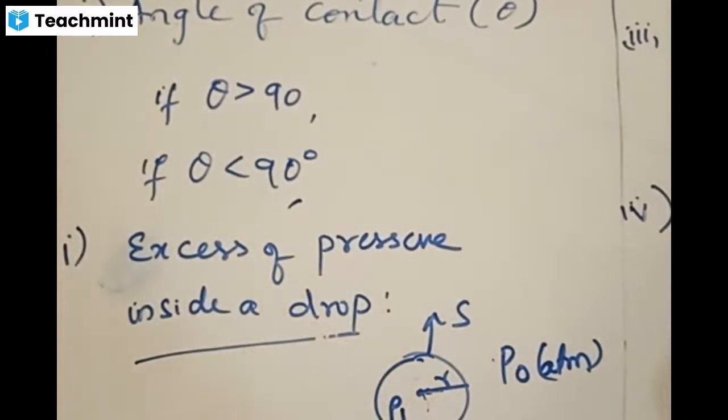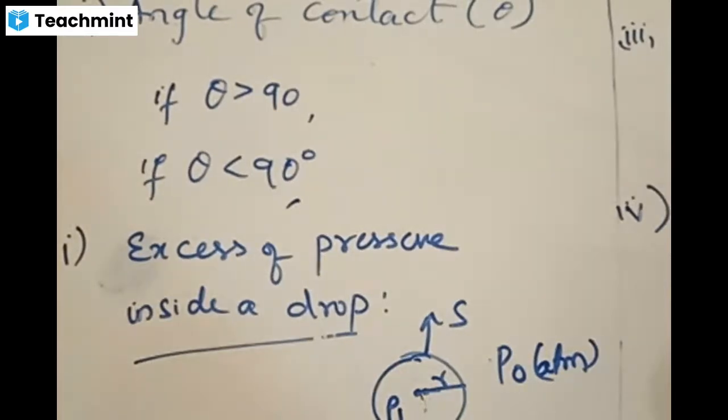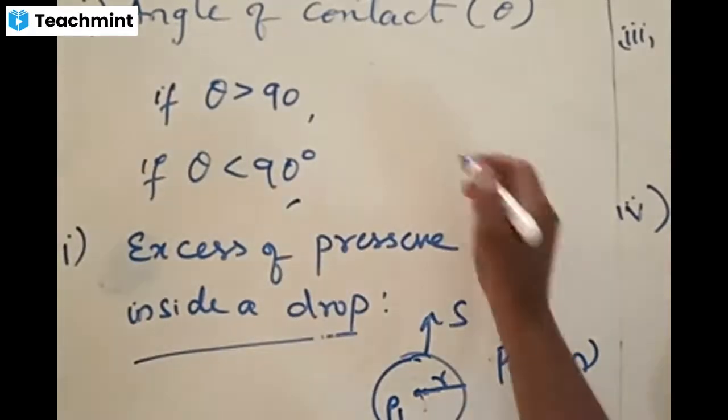Apart from this, we have surface tension, which we have done, defined as surface energy per unit area. Formulas I give. There are some additional formulas which are not derived in the textbook, which I gave at the end of the PDF. An important formula is how much work is done in expanding a drop from one radius R1 to another radius R2. It is in the form of S into 8 pi R into delta R. This is the one formula needed for us.